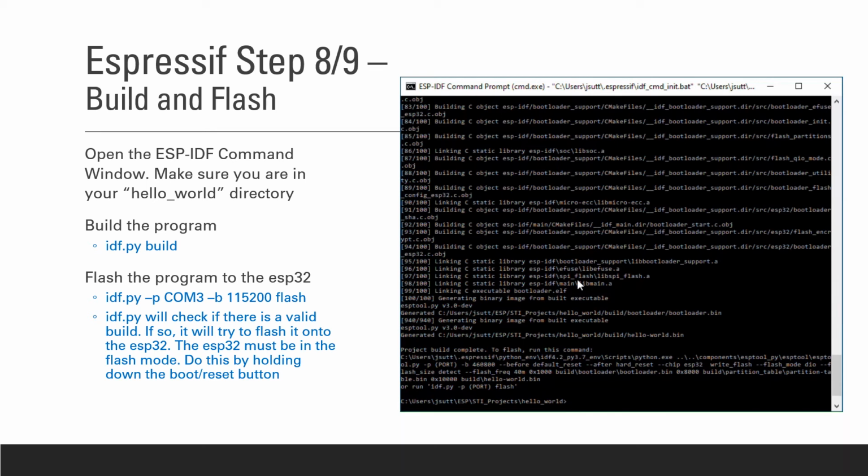It's an incremental linker. So we've now built the project and we're ready to go ahead and flash it onto the chip,